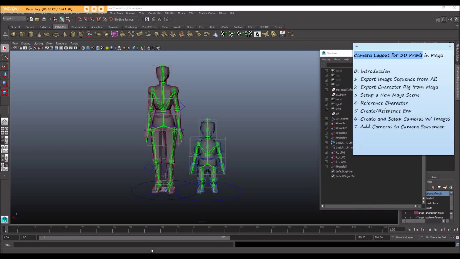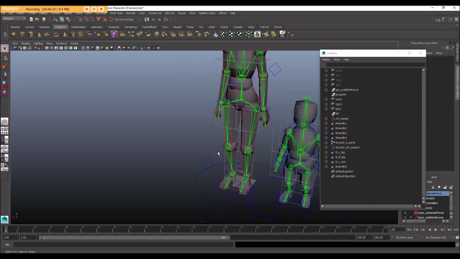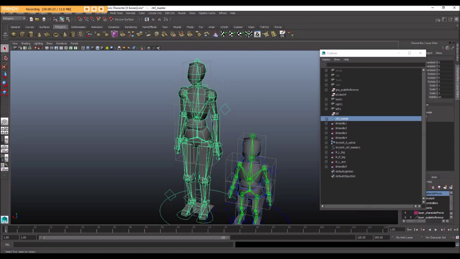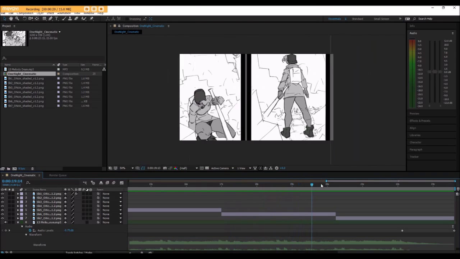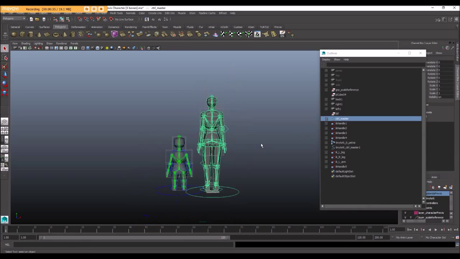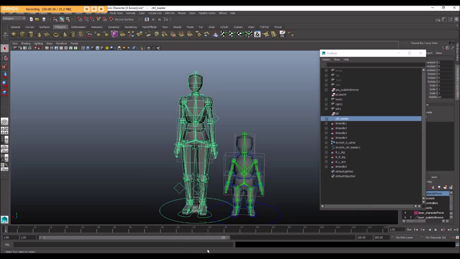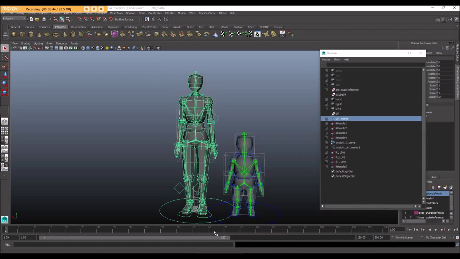Alright, the next chapter in our little cameras for 3D cinematic and Previs series is exporting this character rig from Maya. So I have this extremely rudimentary rig created for this main character, which we see in the cinematic here. It's got her same proportions roughly, so you can see it's got roughly the size of the hips and that same height. The torso might be a little bit longer, just by a tad, but I think I can live with that